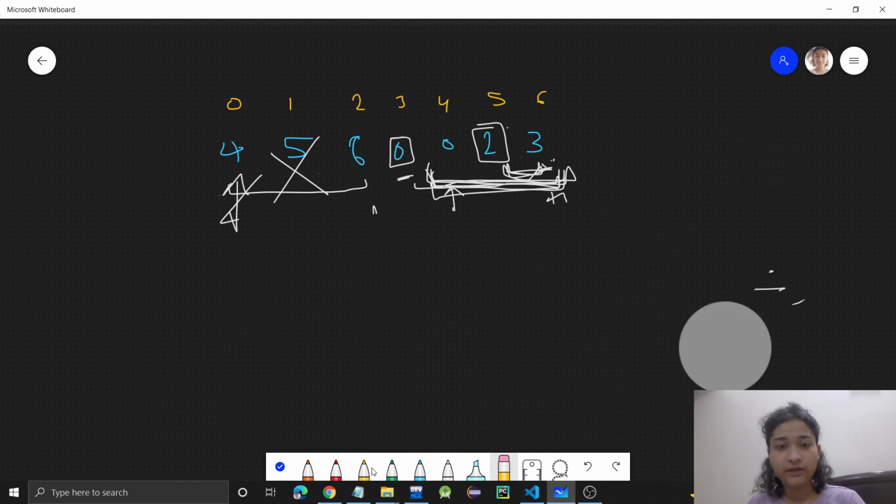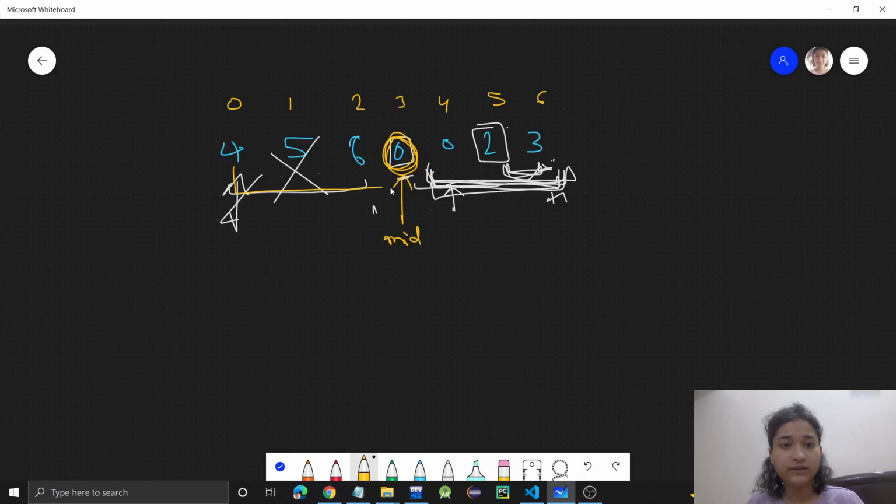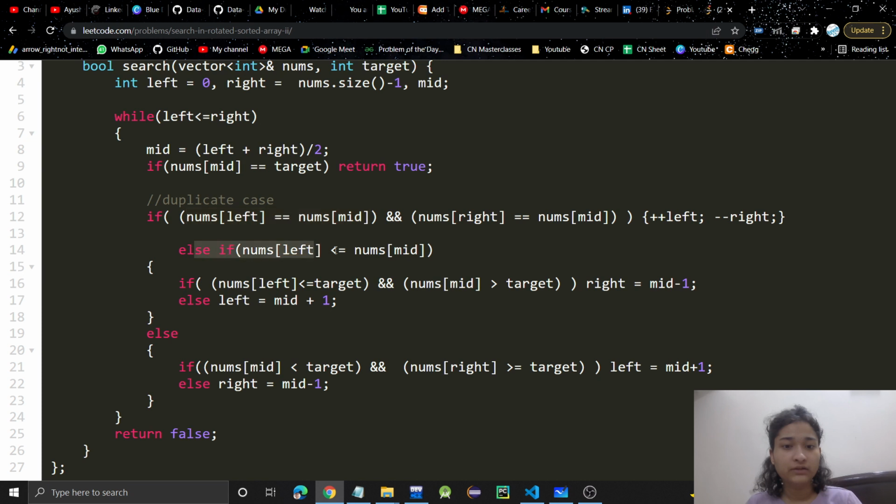When your mid was here, arr of mid is this. So you need to check whether left is equal to mid or not. Basically, we are finding the sorted part which includes the middle element. Here 0 is not included in this part, 0 is included in this part. So accordingly we'll proceed.